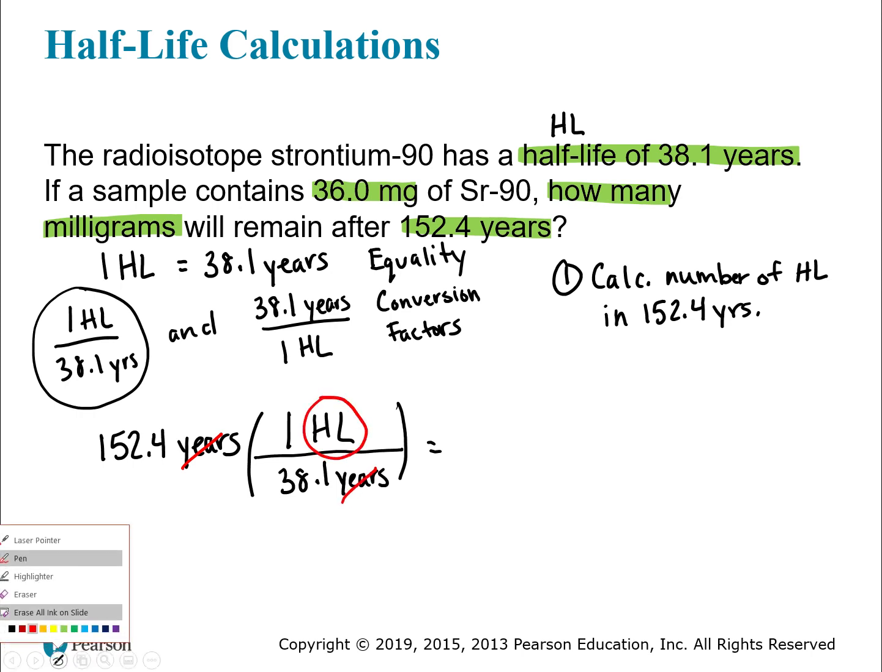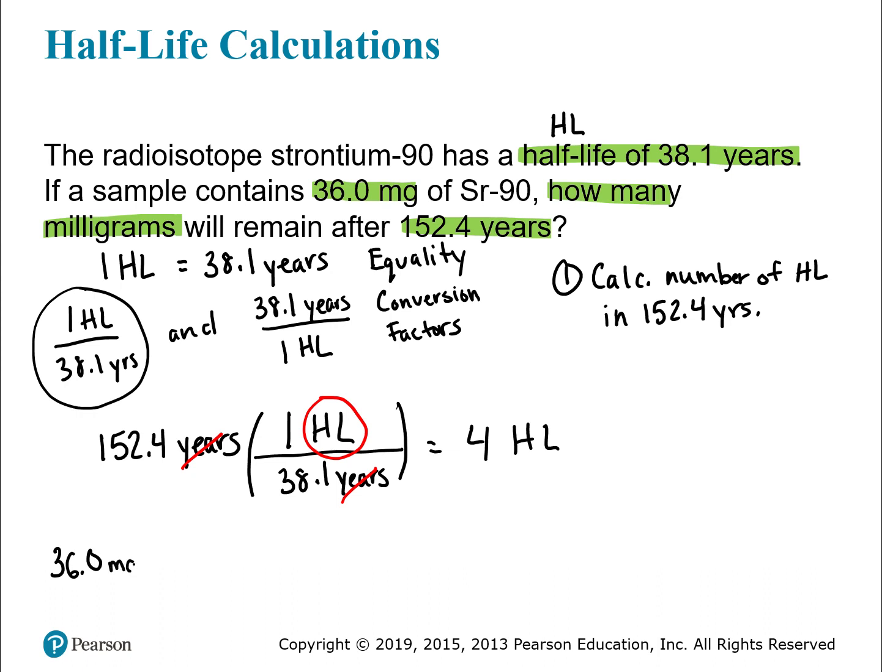When we do this math, you will take 152.4 and divide by 38.1. When you do that, you'll get 4 half-lives. Now we figure out how much sample will remain after 4 half-lives. This is where we're starting. If we do 1 half-life,